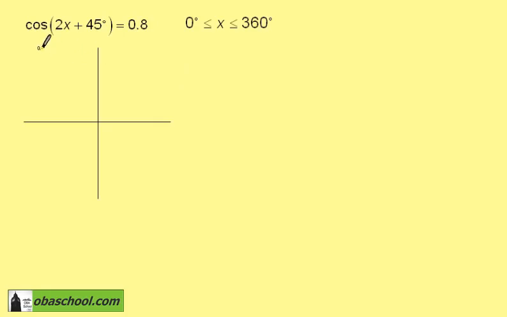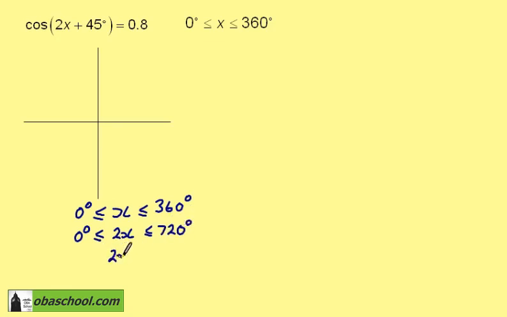We want to solve cos(2x + 45 degrees) = 0.8 for values of x between 0 and 360 degrees. If we're looking for values of x between 0 and 360, then for 2x we'll be looking for values between 0 and 720,